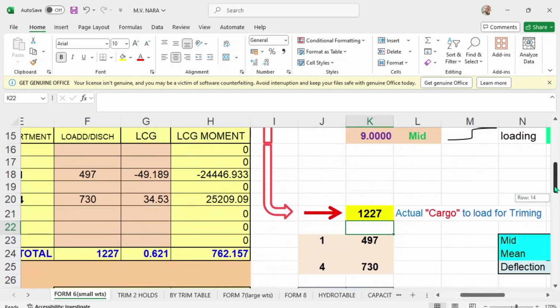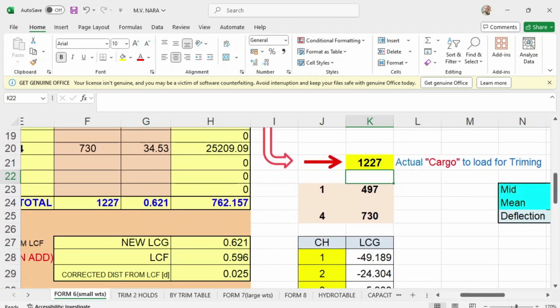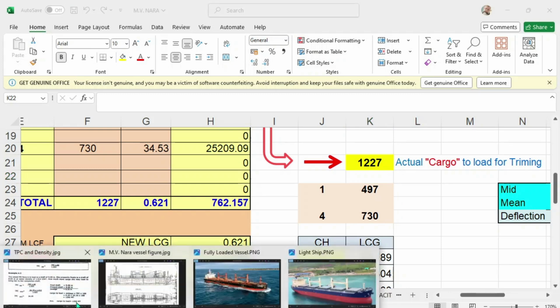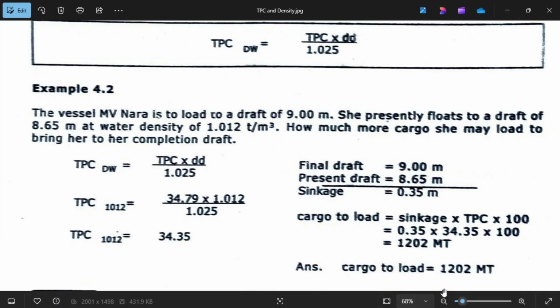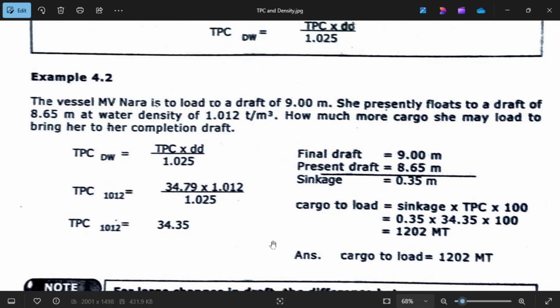That's what I'm going to explain to you. But look at the recommended by the problem. You want to use this local density of 1.020 to correct your TPC.